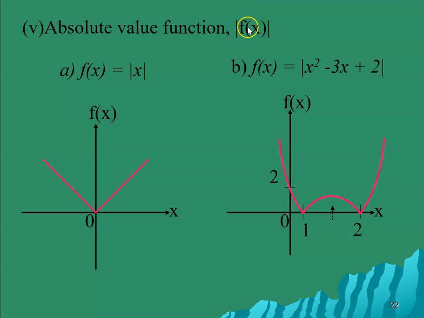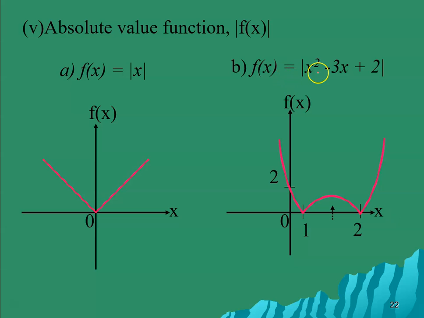Absolute value means you have modulus. Kita ada modulus. What does it mean by modulus? Anything inside the modulus sign or the absolute value will become positive. At the end, the answer must be positive. For example, you have absolute value of x over here. So all the values are positive. Tidak ada yang di bawah graph itu. Okay, and for this one,